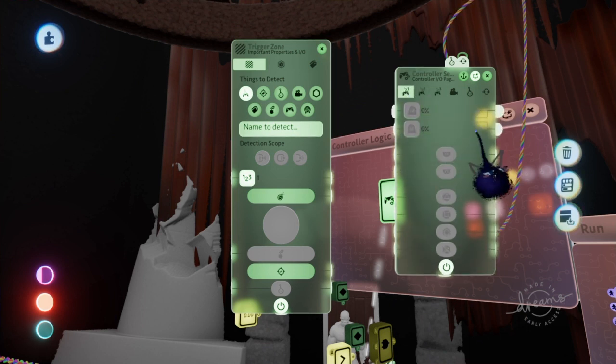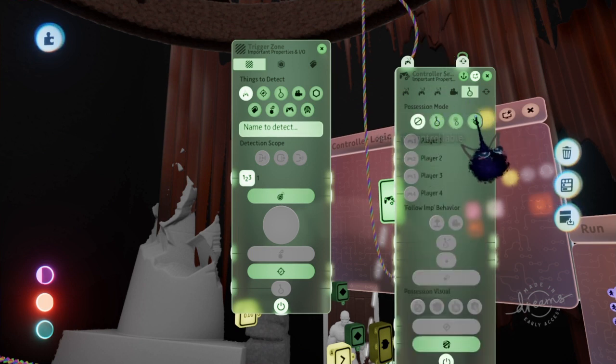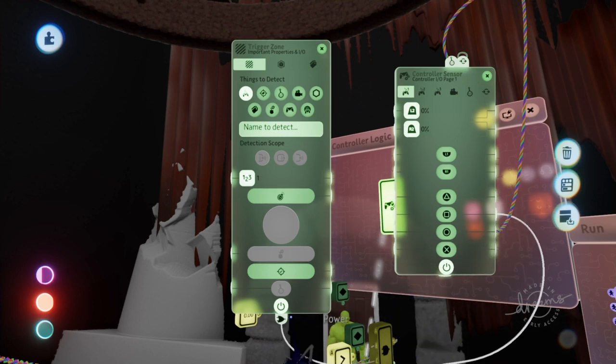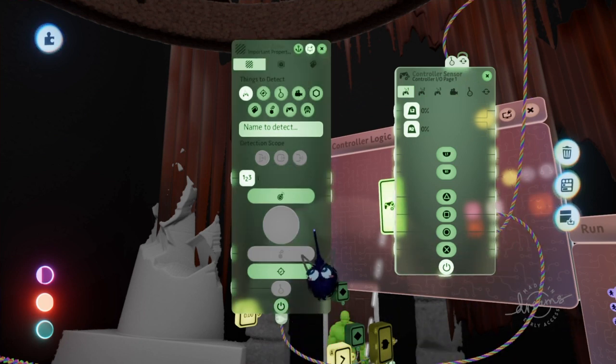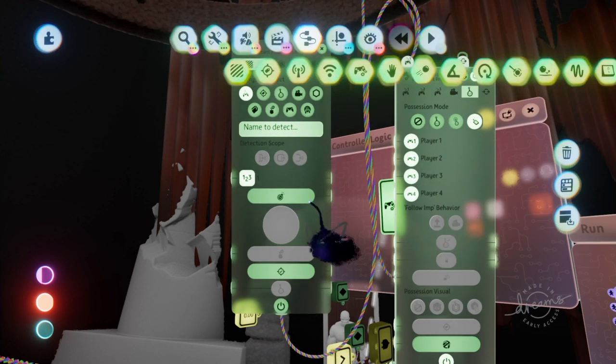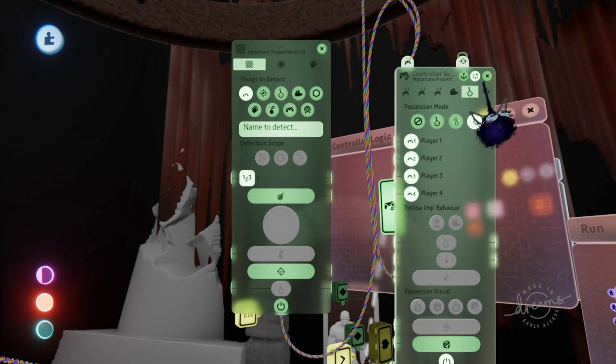Now this is a way to do it. You'll want it on possessible or remote control. We're going to change it to possessible real quick, just so we can do this. And then whenever you press square, what it's going to do is turn on that thing. That's what that does. And whenever it's on,